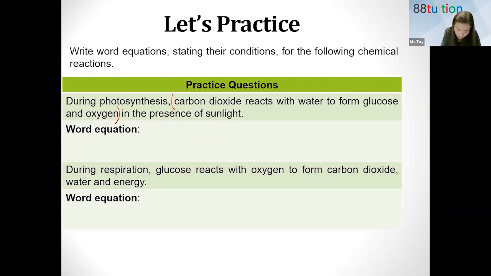So this will be something like my equation. You can type into the chat to tell me your answer. And then this one is like the condition. So how do we write this? Identify the reactants first, then identify the products. Sherman, I also want you to try to type in